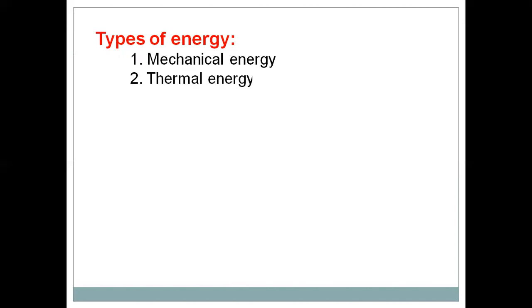And thermal energy. By utilizing heat, we can use energy that is called thermal energy. And of course, nuclear energy. We know some of the radioactive elements, that is uranium, thorium, protactinium, plutonium, etc. By the nuclear fission reaction, they divide into two nuclei and also produce a huge amount of energy. So this energy is called nuclear energy. By using this nuclear energy, nowadays we are producing a lot of electricity.